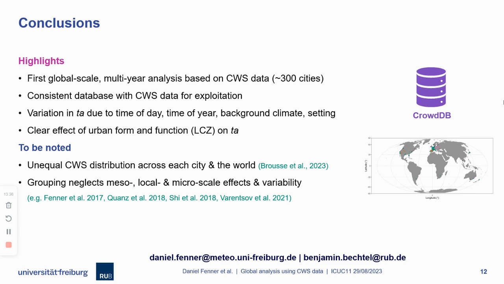So we still have to know that we have an unequal distribution. This is a problem, but actually we can overcome this because the sensors are not so expensive. So it's not unrealistic to say in a big project we equip another 20 tropical cities with 50 sensors. So that's absolutely doable if we have connections in there. And secondly, in this type of study, we had to aggregate a lot to actually use this global data, but then we neglect all the micro-scale variability and also the spatial effect.